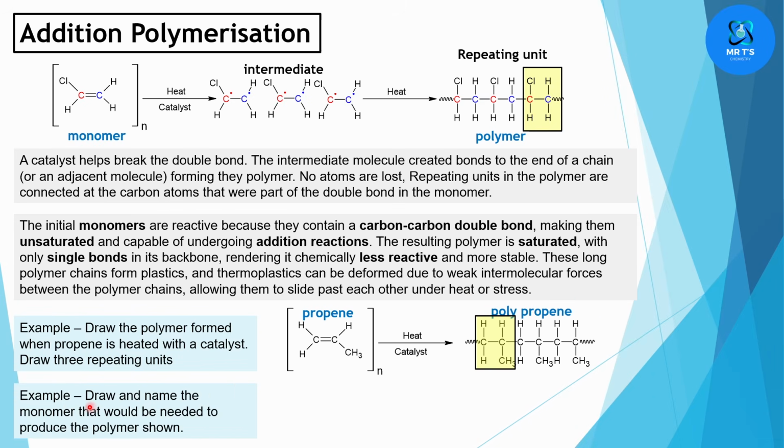Okay, so the next one, they might ask you, draw and name the monomer that's formed from the polymer. So in this case, they have given us an example of the polymer. Now what we need to remember is this polymer has formed from a double bond that is broken and the carbon on each side of the double bond joining. So we always cut the polymer every 2 carbon atoms. So we cut it here